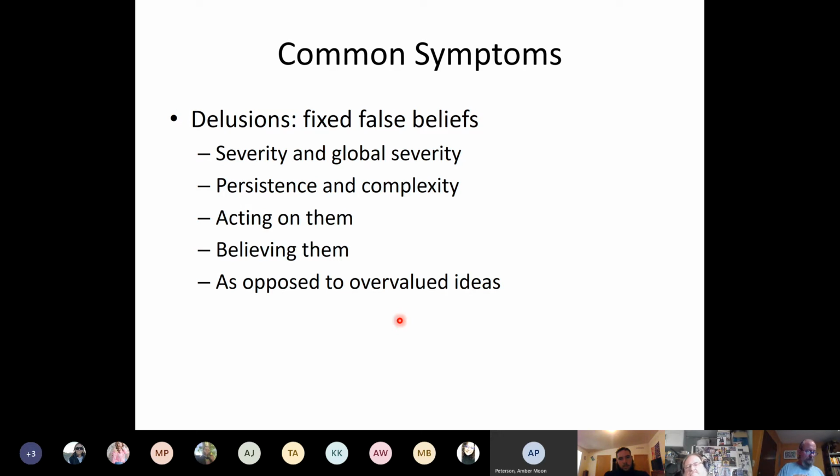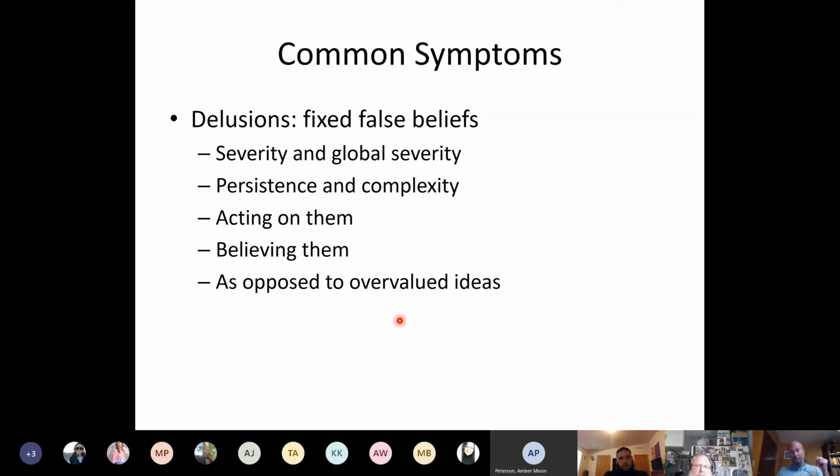So that's the severity: how much do they believe them? How severe is how much they believe these things? And then global is: is it just this one part of my life, or is all my life kind of surrounded by these delusions? Well, another one, maybe to illustrate that, might be a person that believes their grandchildren are being